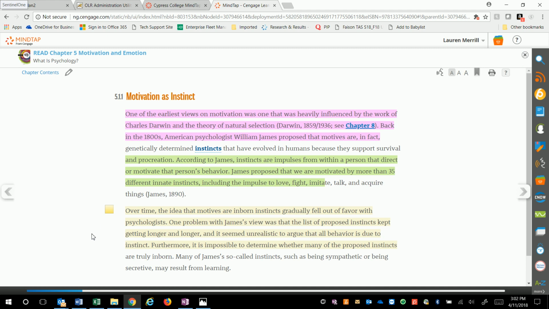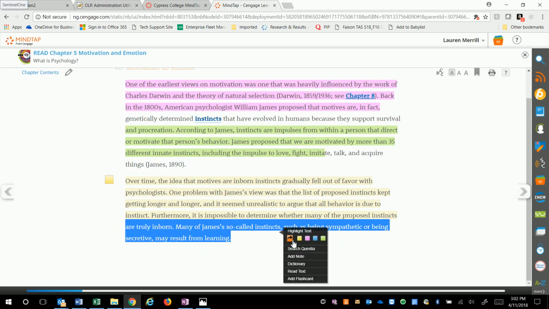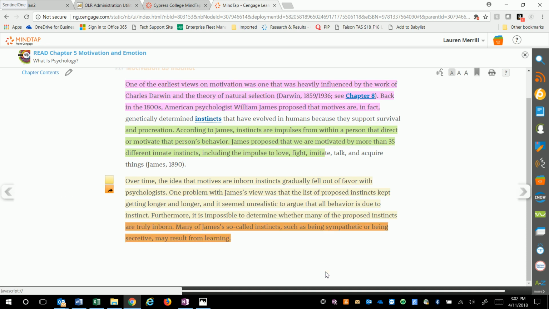Okay, you as an instructor can also share your notes and highlights with students. So if I wanted to share a note with them, I'll put that here, and I click share and save. It turns orange, and that's how I know, and there's this arrow here that I'm sharing that with my students. So it shows up in their ebooks and it shows up in their Study Hub app